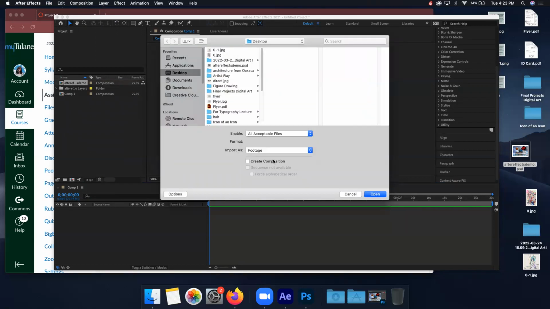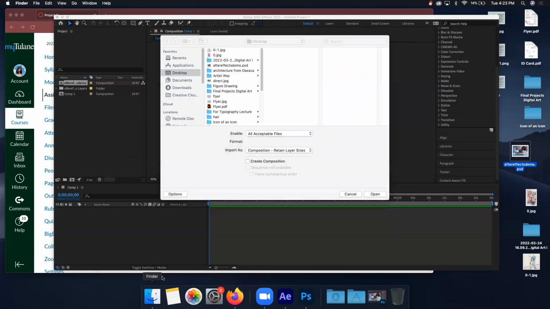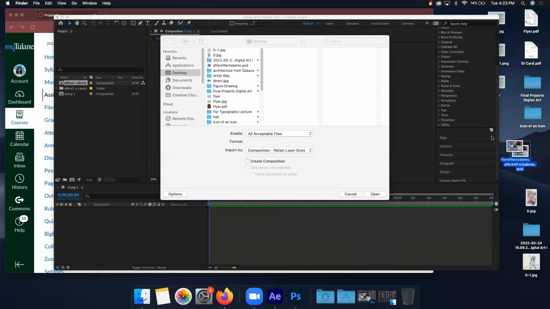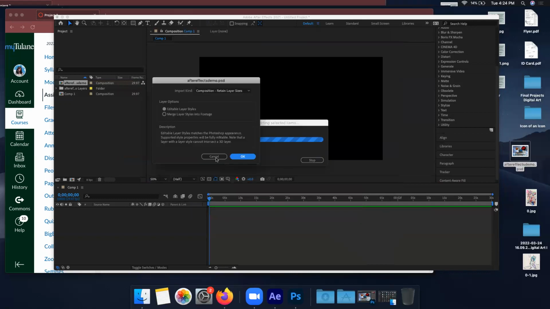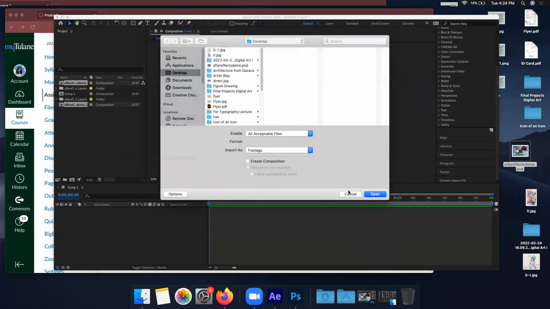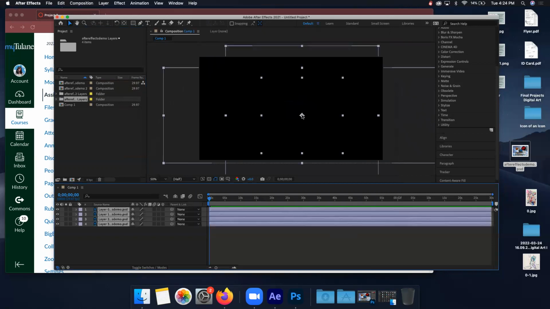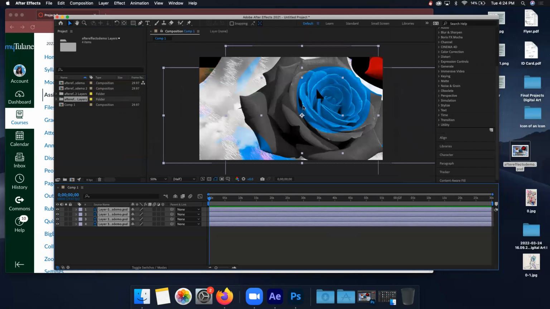Should we import them as footage? No, you import it as composition, retain layer sizes. I'm not sure why it just made me do it again, but. Editable layer size. What's happening? Oh, okay, because it already imported it. So it imported it into these folders on the side, these layers over here. And I can click and drag that folder and bring them into my composition. Alex, did you have a question? Yeah. When I feel like when I like that, it says like layer options, merge layers,